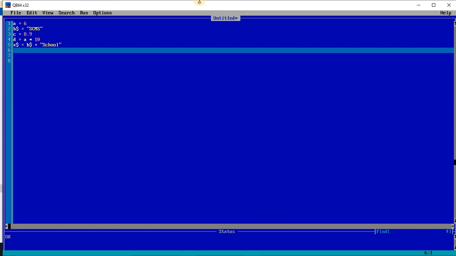So when I press enter, whatever the value of b is, this plus means it will add two strings. So SCMS and school will join together and it will become SCMS school.